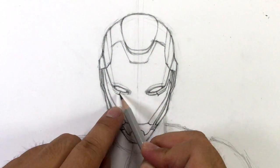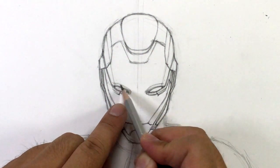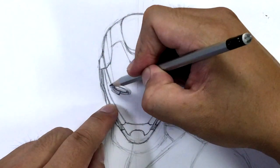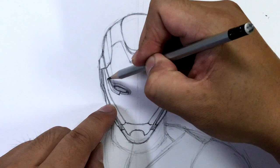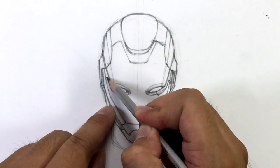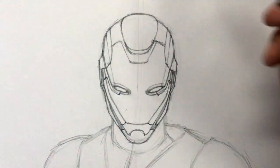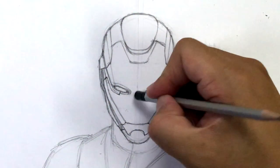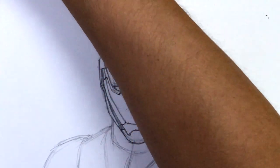Okay, so this is a little bit bigger than this little thing right here. Okay, so here's that line outlining the eye. This goes out a little bit bigger than that. Okay, this goes up again like this. And right around here, about halfway up this line, out towards the ear. There you go. Now if I erase my guidelines,